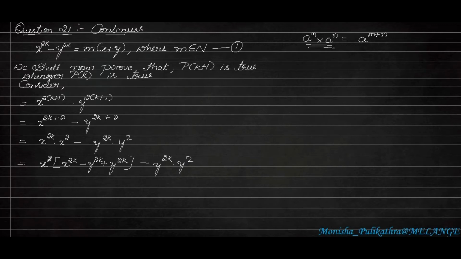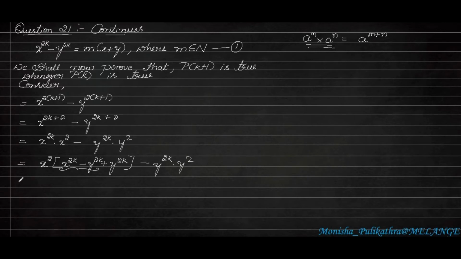Here x square I have written. Instead of x to the power of 2k, I have written x to the power of 2k minus y to the power of 2k plus y to the power of 2k. So if you cancel this, we will get x to the power of 2k only. We can't simply substitute or include one number in mathematics. So if we cancel this, we have to get that exact same term. Now in this equation, x to the power of 2k minus y to the power of 2k, we can include m into x plus y.